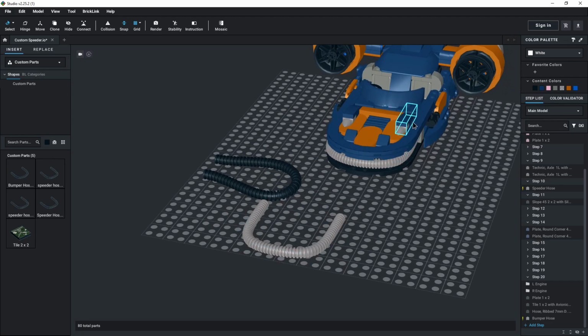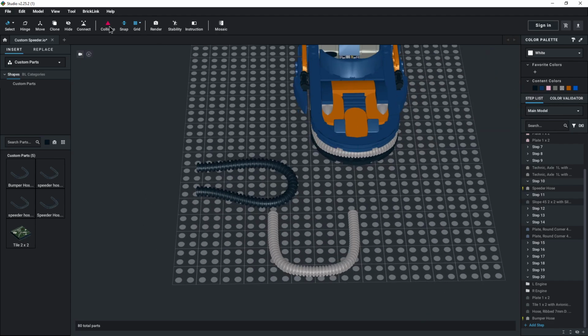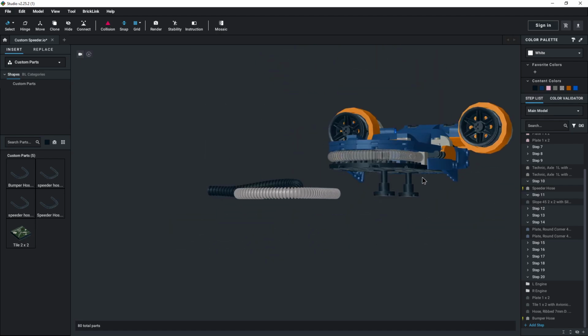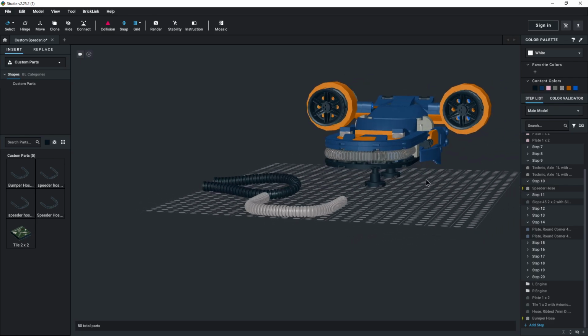If you didn't have this, you'd have to go through some finagling on this side of things to line it up properly, but now it just slides into the pegs properly. And if I turn collision on, oh, it's still colliding. Ah, well, we tried our best to fix the collision, but yeah, I don't know what it's colliding with. Probably still those macaroni pieces, but either way,